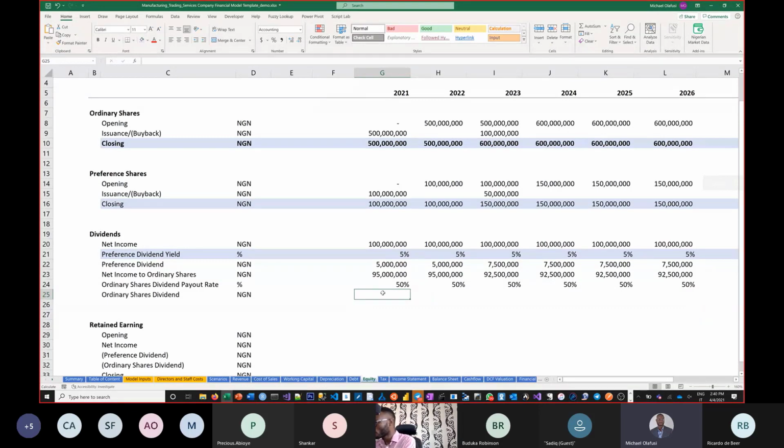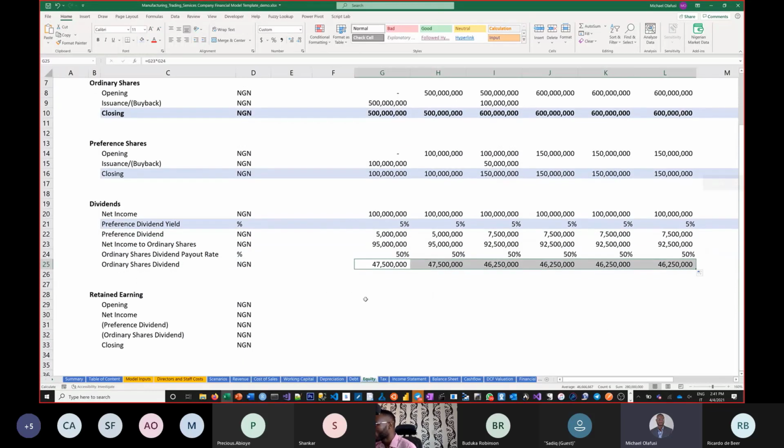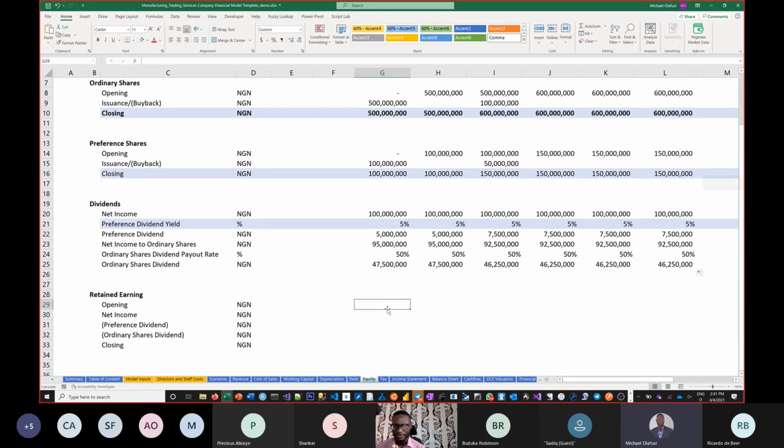So what that means is that the net income that is left for the ordinary shares guy, times the portion we're going to pay them as dividend, and boom, that gives us how much we're going to pay as dividend. Okay, so I'm just going to drag this,